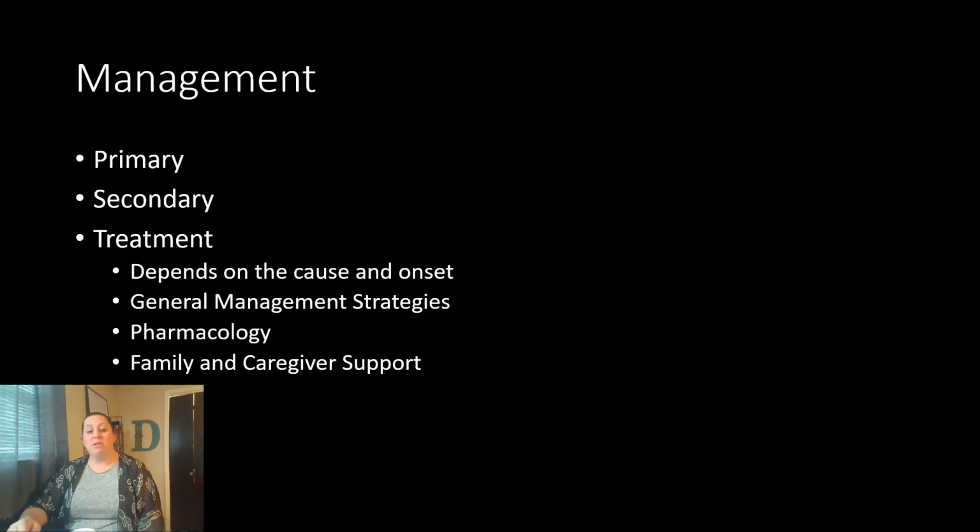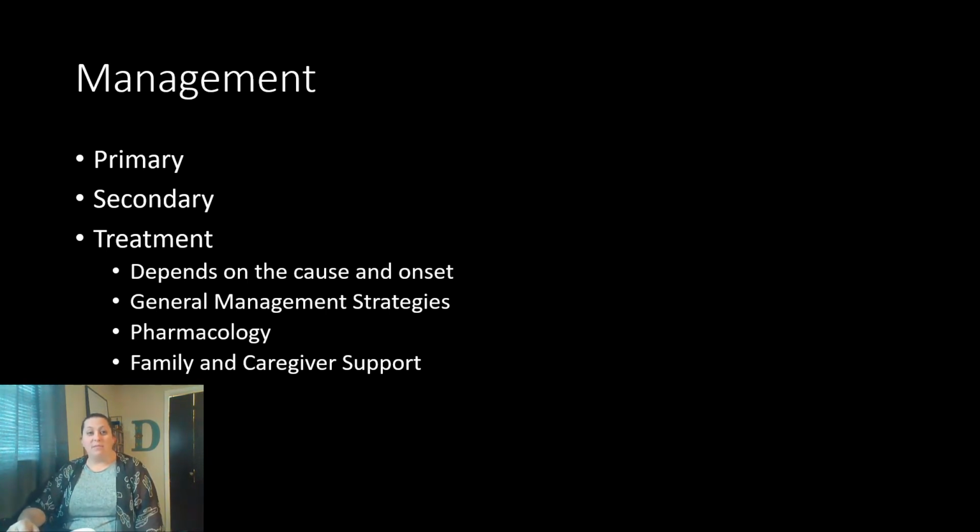Giving the patient predictable routines can be helpful. Consistent caregiving to where it's kind of the same person all the time, where rotation is very limited if at all possible. Simple instructions, eye contact, and also maintaining safety within the home or anywhere they go to again prevent falls, prevent possible injuries and issues.